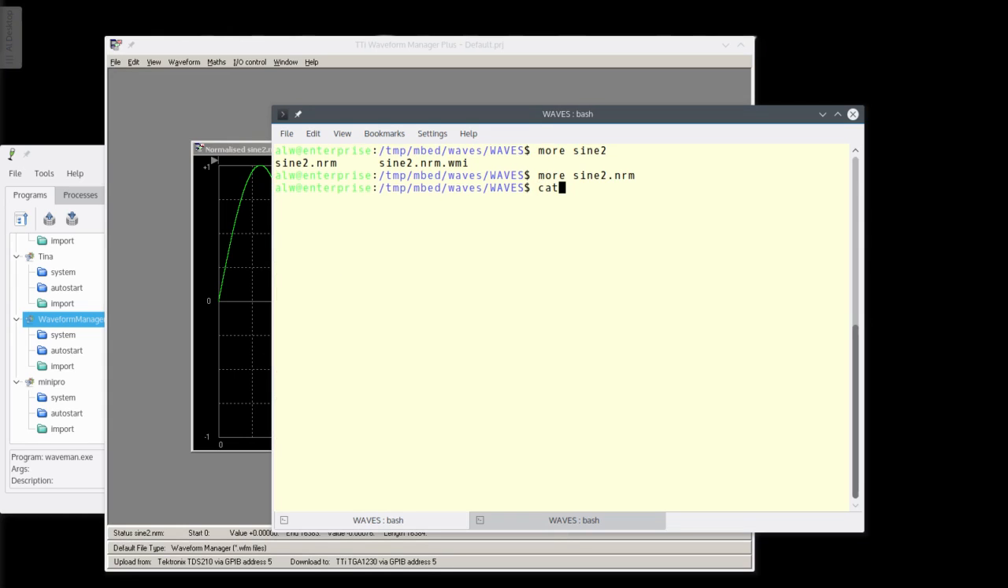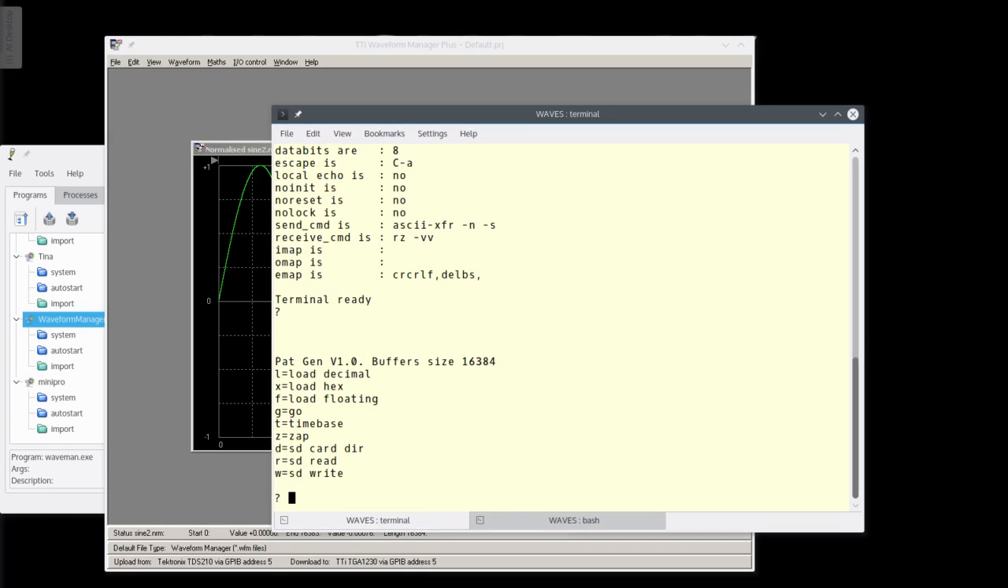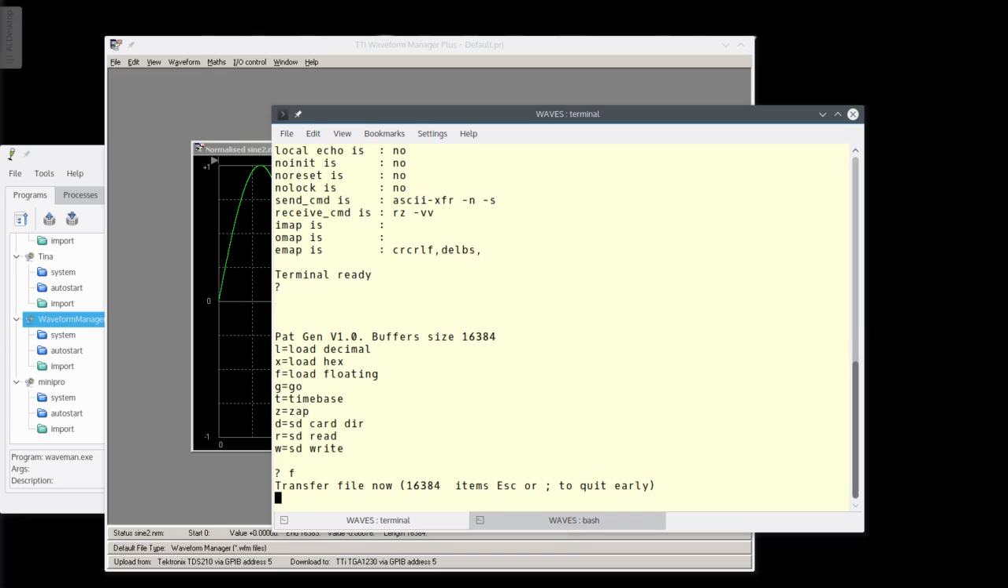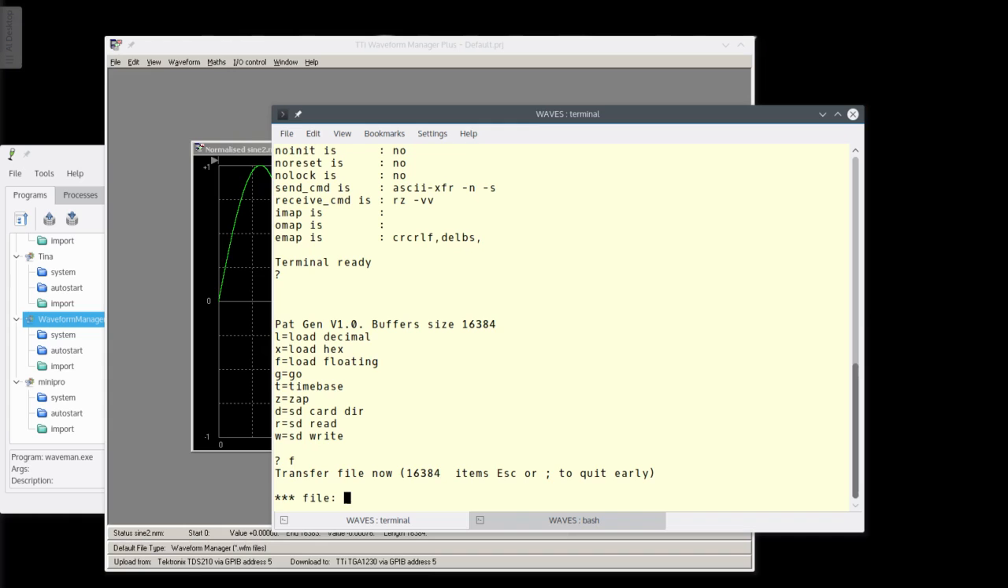So I've got a shell script here called terminal, and it's just a call to pick a COM 57600 baud, and it uses ASCII xfer to transfer files over to the board. So let's start that up. I have the board running. Just to make sure, I'm going to give it a question mark, which lets it print out the help. And what we want here is the load floating command. That's F. It wants me to transfer that file, so I'm going to type Control A, Control S, and then I'm going to say